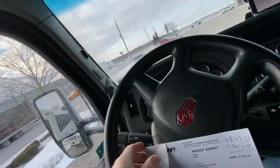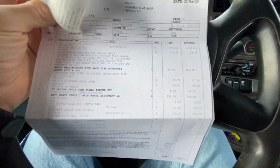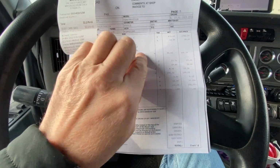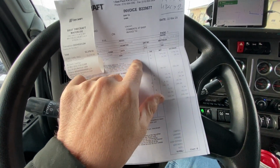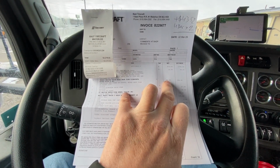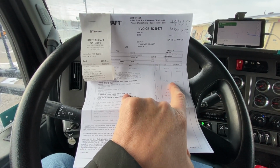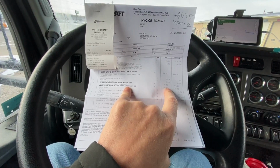Anyway, here's my bill. Just wanted to show you guys. So what these guys did, so new tires, they checked alignment, and just like I suspected, they didn't find anything wrong. So the tire was what, $875? Yeah, it's a pretty expensive tire. And then he gave me $50 credit for one tire. It was pretty bad. And then for a better tire, he gave me $150. You see, so I saved $200. And then of course all these fees, the removal, installation,